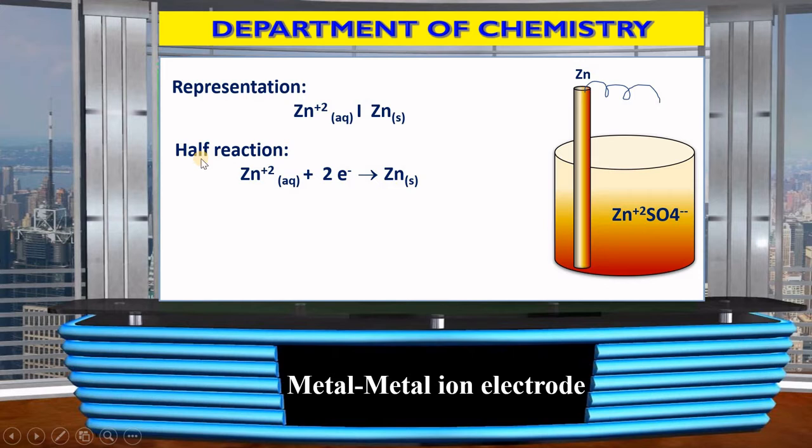So first, any half cell reaction should be written in the form of reduction, meaning addition. Reduction means addition of electrons, addition of hydrogen, removal of oxygen. For representation of any half cell reaction, there is a need to write that reaction in the oxidation form. For this reaction, the reaction quotient will be the activity of product divided by the activity of reactant.